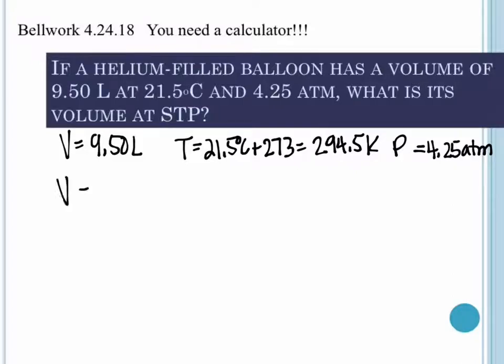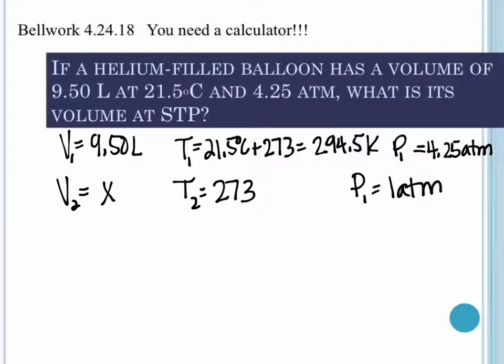So I have another volume, so that's going to be my X. So this is 1 and this is 2. Temperature 2 is what? 273. And pressure 2 is what? 1. So we're in a before and after situation. So we find which equation we need to use, and that would be the